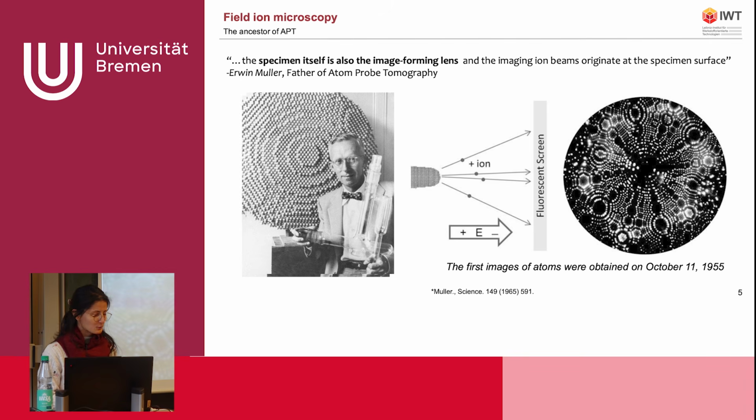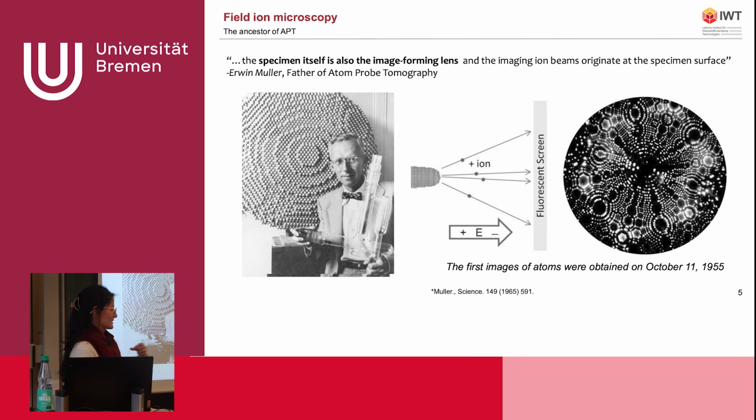I will talk briefly now about the kind of ancestors of atom probe tomography. This is just because we can really see the surface of the samples here in terms of atoms. Each dot here corresponds to one atom, and we can really see the terraces and the different crystallographic poles. This is called field ion microscopy. It's not atom probe tomography, because with atom probe tomography we really evaporate the sample itself.